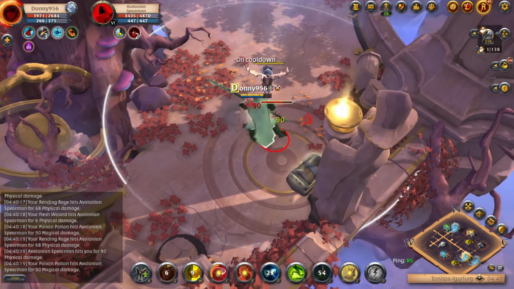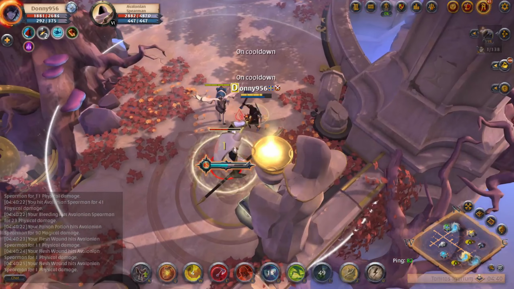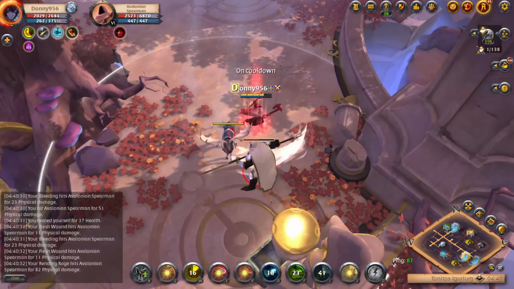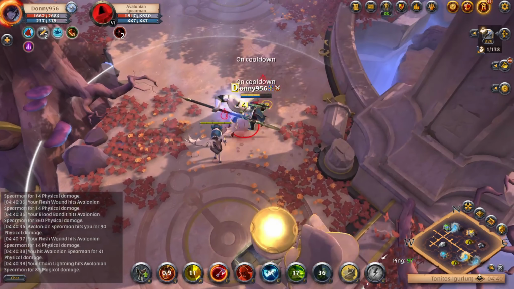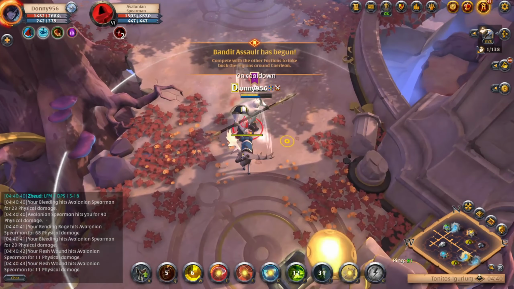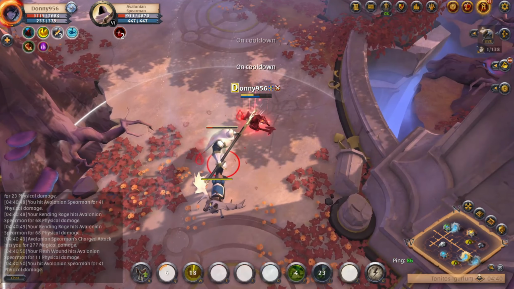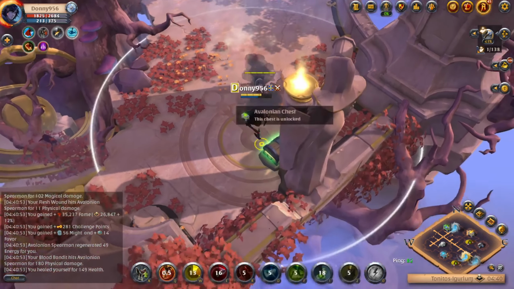Let's poison him. I'm gonna jump in the air. Did you do 2? Okay. It's a green chest, so...